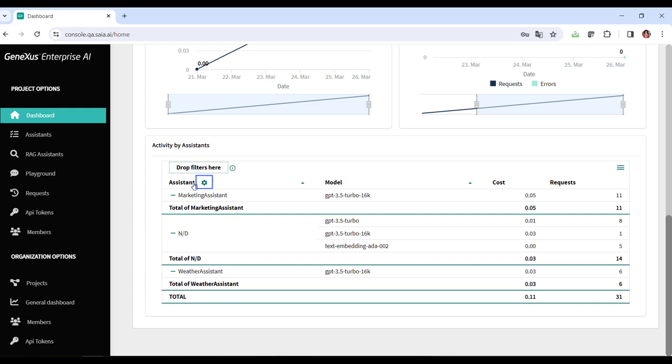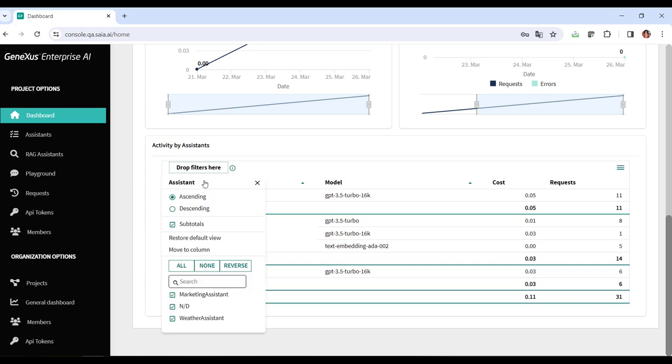The Assistant column offers the following configuration options: sort in ascending or descending order, subtotals to add or remove subtotals to summarize the information, move to column. This option allows changing the arrangement of a specific column item, and search to perform quick searches for specific models. In addition, in the model column, the configuration options are as follows: